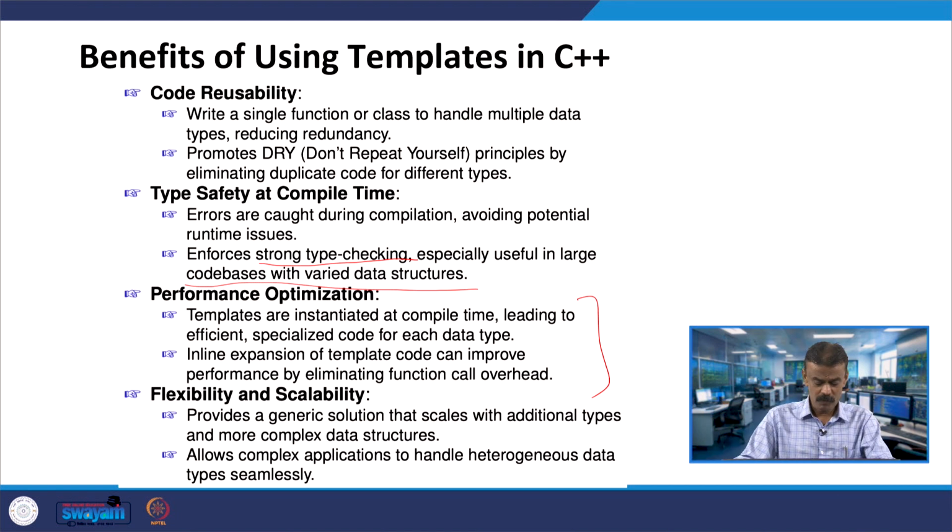The code will be optimized, particularly when you want efficient code or you are participating in contests, so it is advisable to use templates. The performance will be optimized and you have additional features like flexibility and scalability. These are all the major benefits of templates.